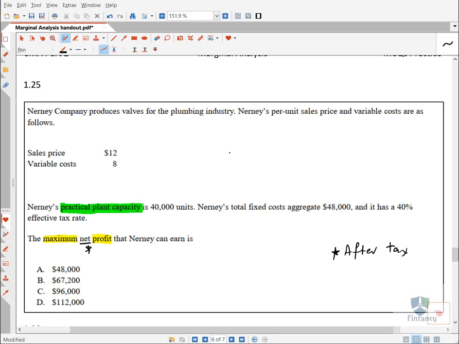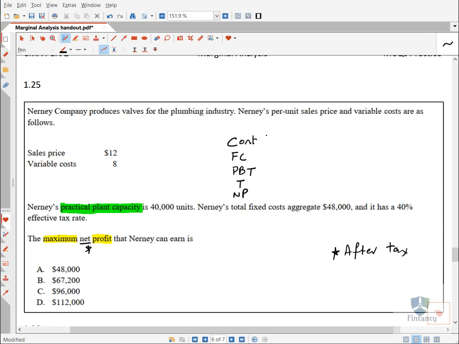To be quick, you can see the contribution directly. What is my contribution? And then you can deduct the fixed cost to reach your profit. There is no interest here, so that will be profit before tax, then tax, and then finally net profit.